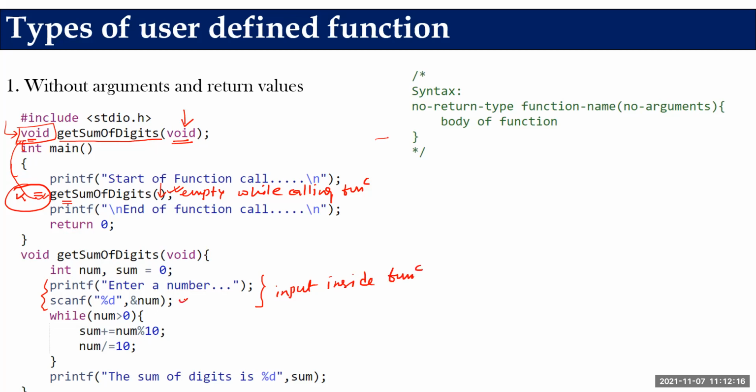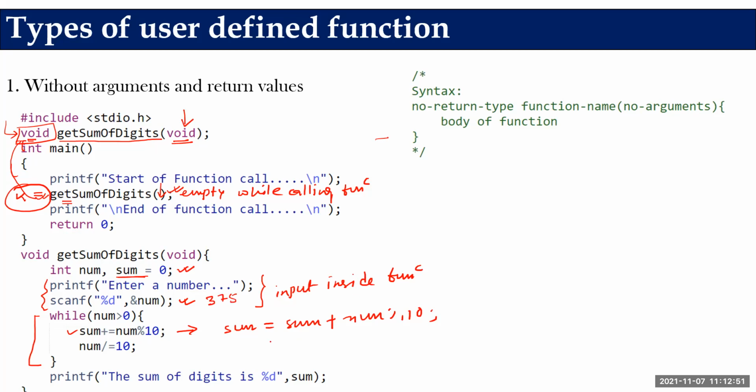So input has been taken, and I have taken a while loop, which will take care of the task, the sum of its digits. The very simple logic that I have written here. Initially, I have declared a variable sum and initialized it to 0. And now what we are writing here, this statement is equivalent to this. You can note it down. It is equivalent to this.